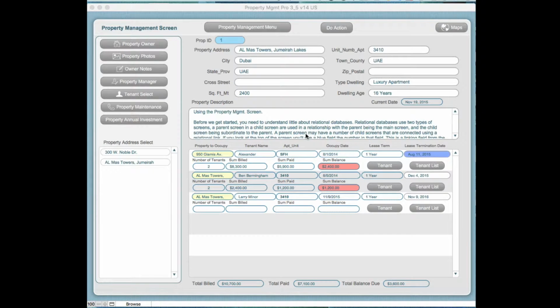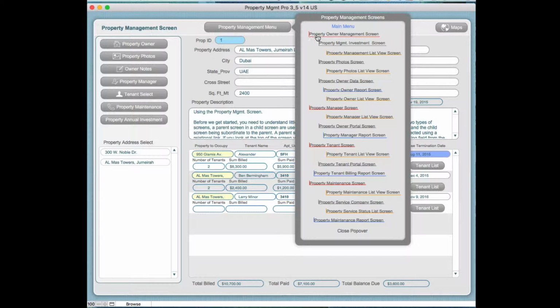In this video help, we're going to be covering the main screen, which is called the parent, and then all the subscreens or child screens. We're going to be using the menu options up above to go through those screens. We're currently in the property owner management screen, which has been covered prior, and all the individual screens here are